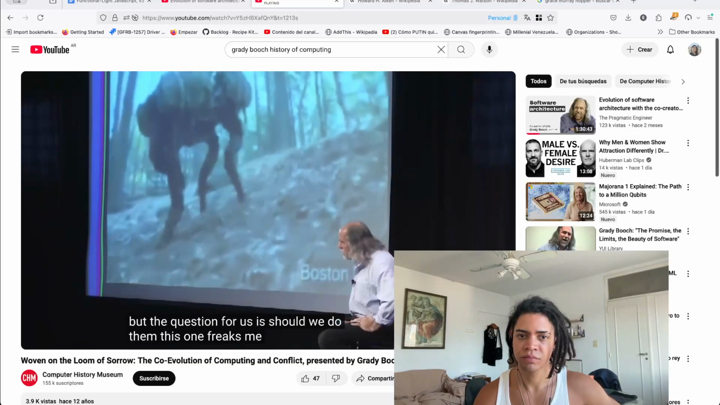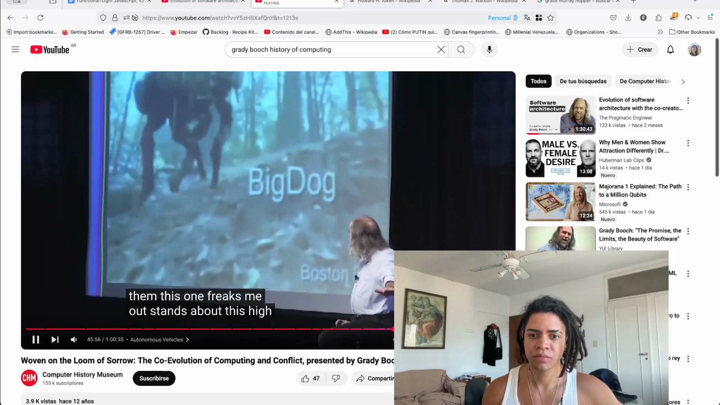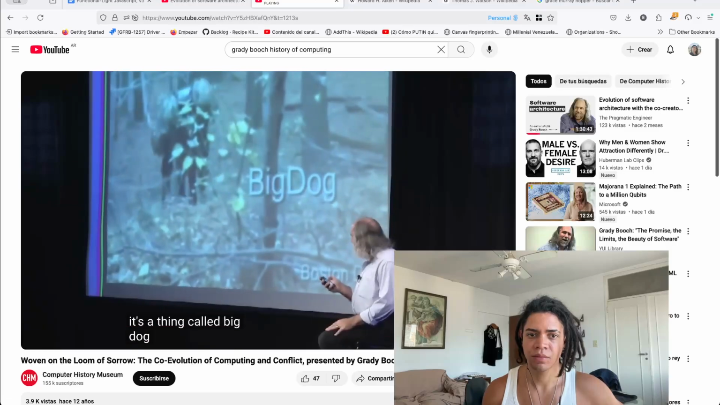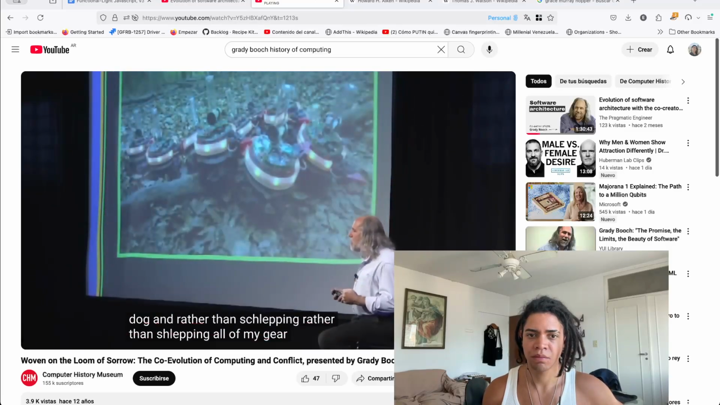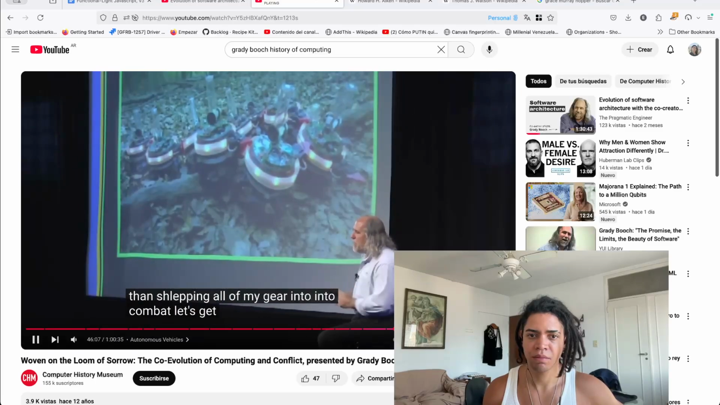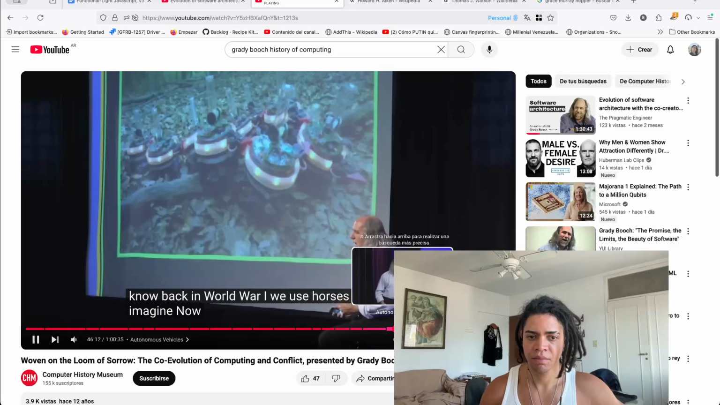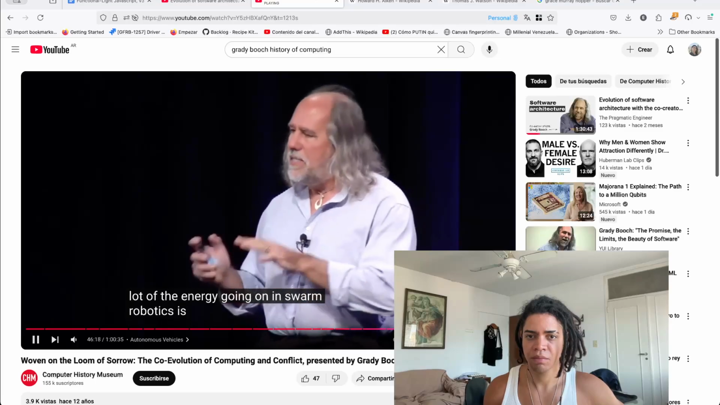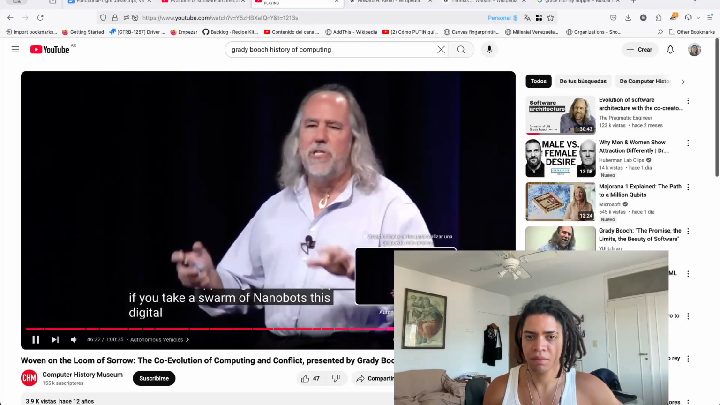This one freaks me out. It stands about this high. It's a thing called Big Dog. And rather than schlepping all of my gear into combat, let's get one of these things. Back in World War I, we used horses. Imagine now using these automated devices. But not just a single device. A lot of the energy going on in swarm robotics is happening here. What happens if you take a swarm of nanobots, this digital dust, if you will,